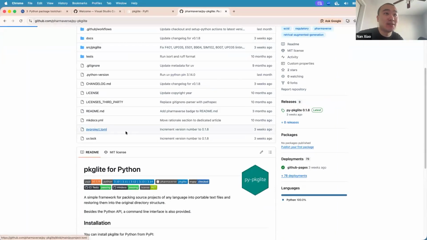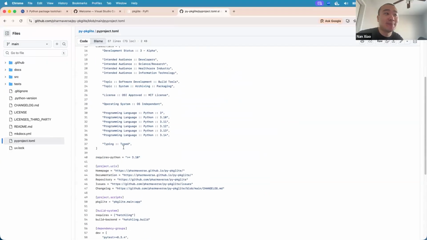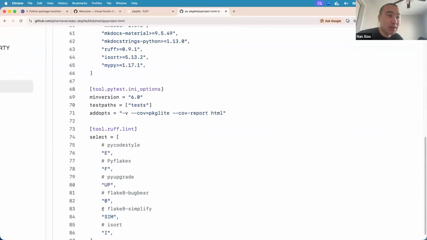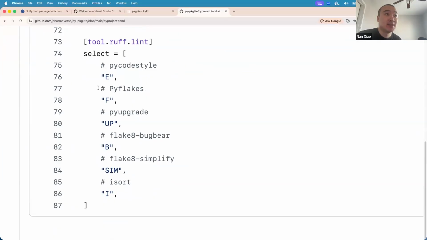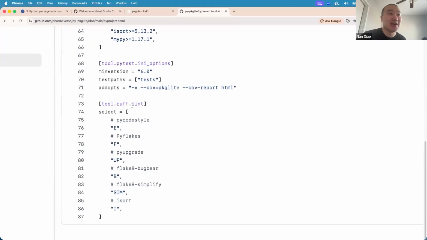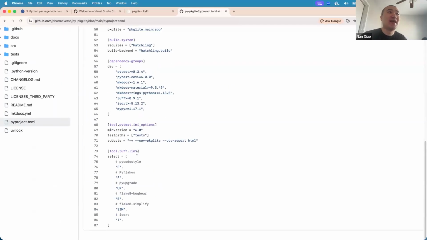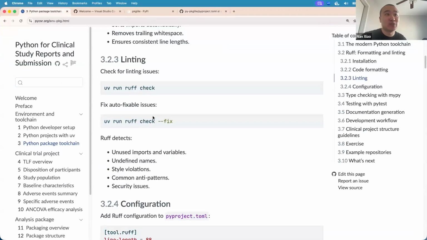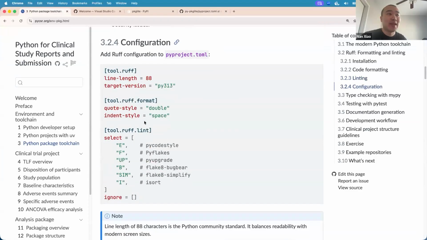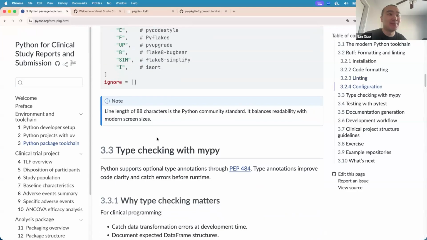For example, in our package for Python, we have these things enabled by default using very popular linting sets from the community, including but not limited to Flake8, isort, PyFlakes, and everything else, right? So you can actually see what you prefer and enable them in your configuration files. And then, yeah, as we mentioned here.